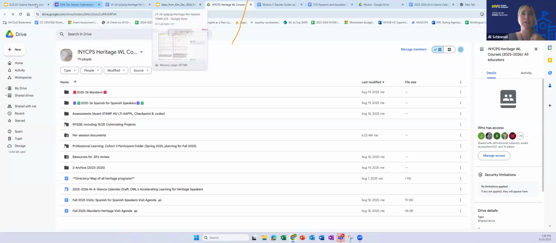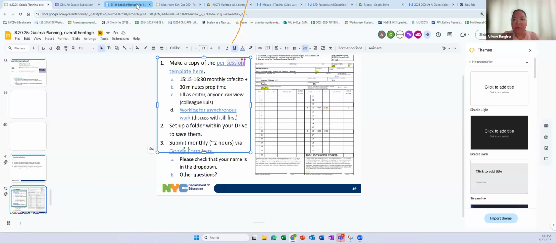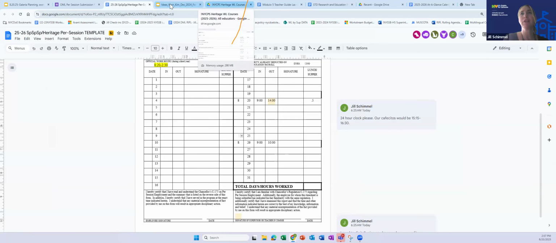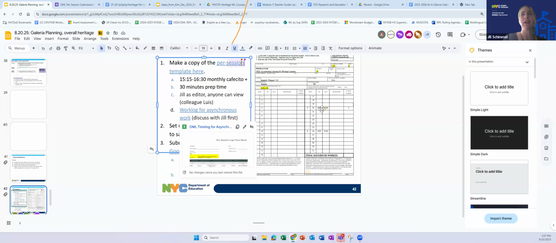I have a question. On your form, you ask us if we have a Google Doc time log. Would you like us to make one, like for every time we submit, what it was for? So for example, the time logs are important, but for these sessions in August, we're together, so you're not doing asynchronous work. So I don't need one for this August time period. But for Yvette, for example, if she's doing all the checkbooks or you're doing all the rubrics, then you would do that. Gotcha. Okay.